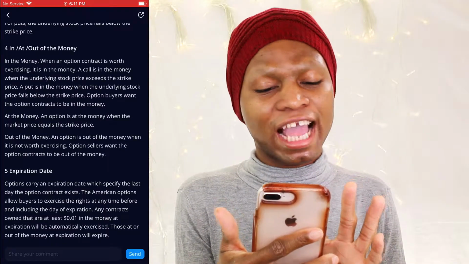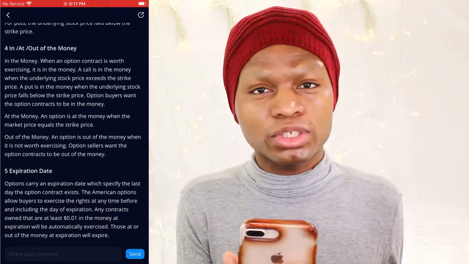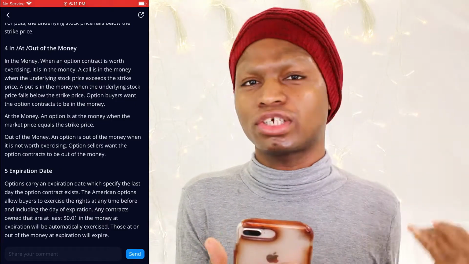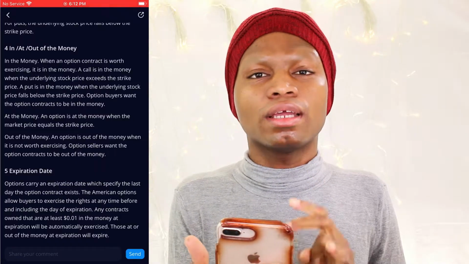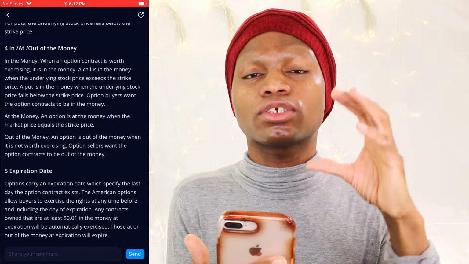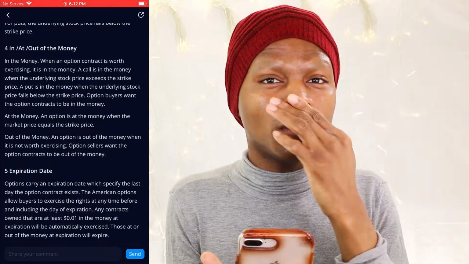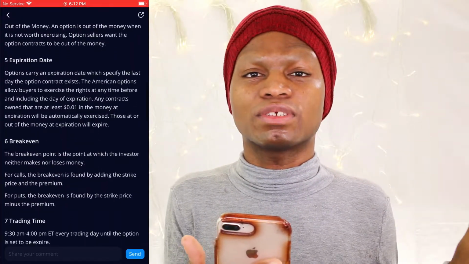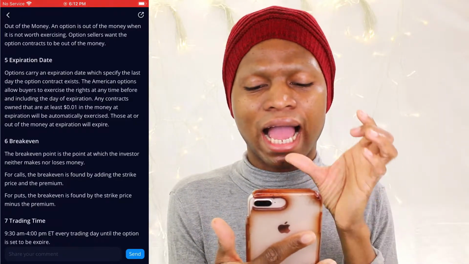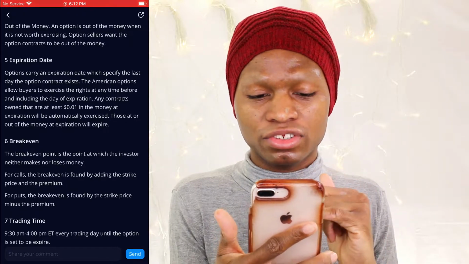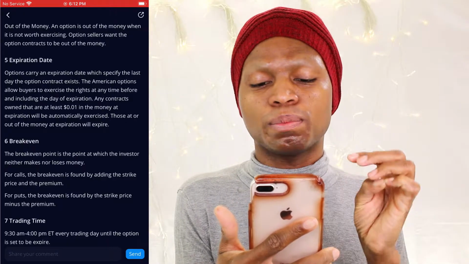Then we have expiration dates. All options, plain and simple, have expiration dates. Unlike a stock that you bought with your money, when you buy a stock, that means you have part of the shares of that company. So that does not have an expiration unless they go out of business, okay? But options, on the other hand, have an expiration, and American option contracts allow the buyer to exercise